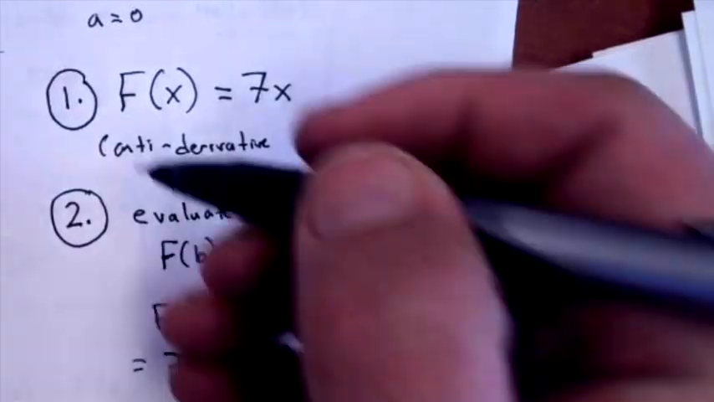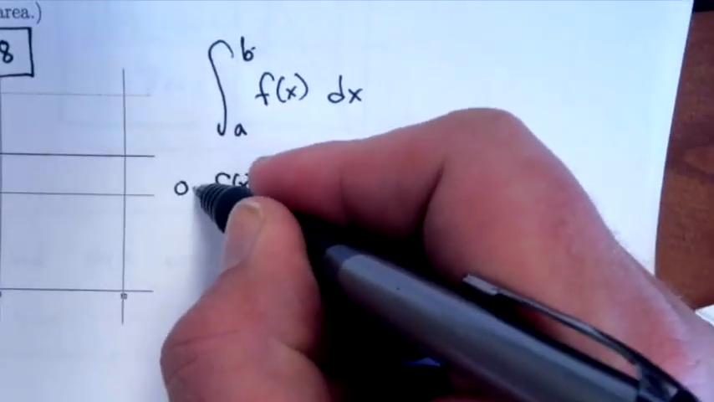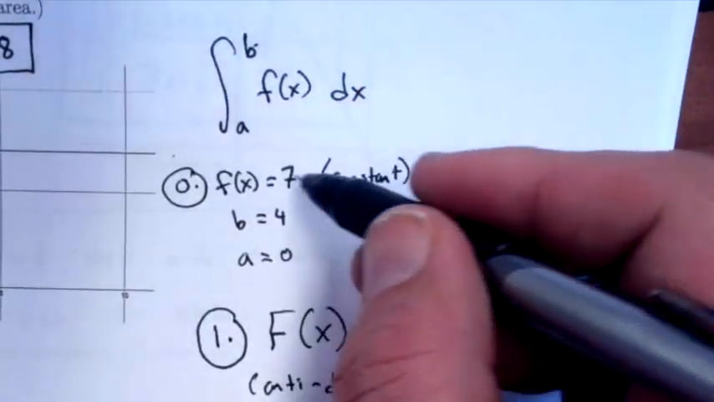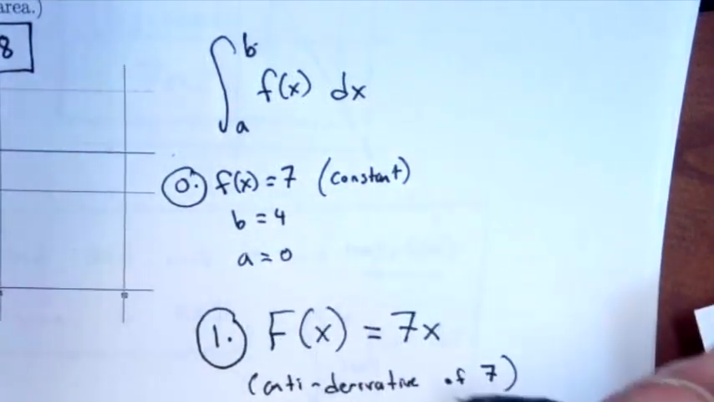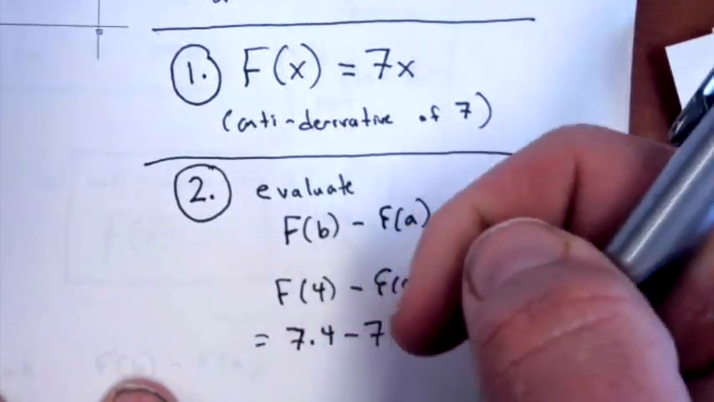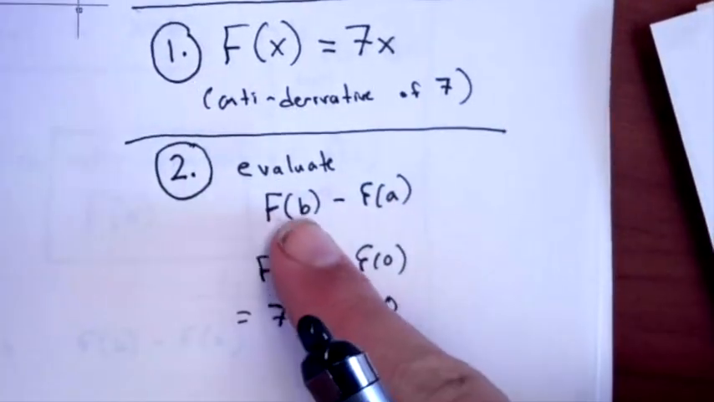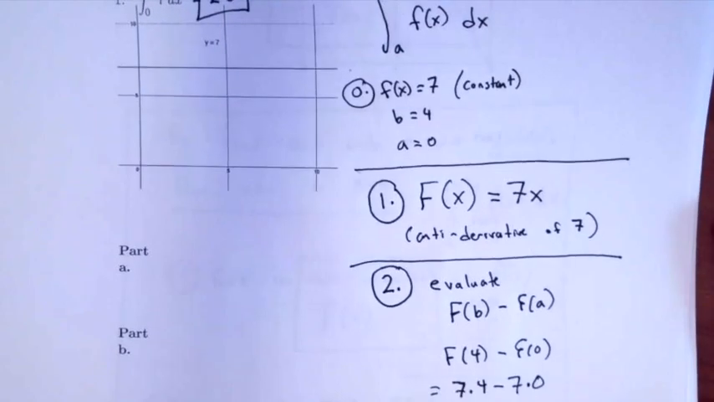So this is a two-step process. You first, this is kind of step 0, you have to identify what your small f of x, your a, and your b are. You find your antiderivative big F of x, and then you plug the numbers in and subtract. In this case, we end up with